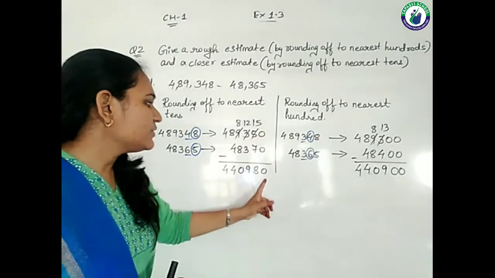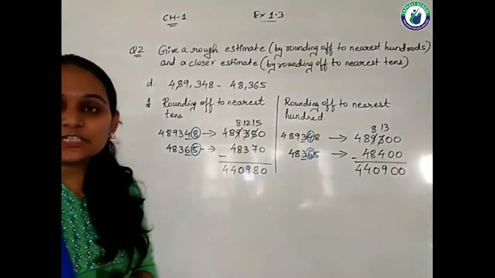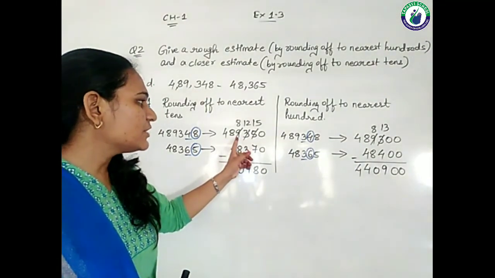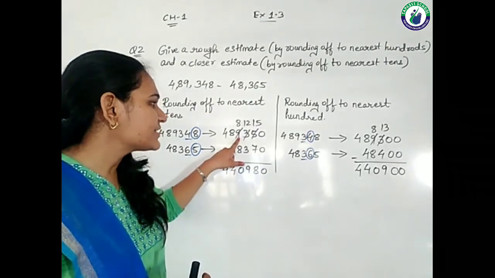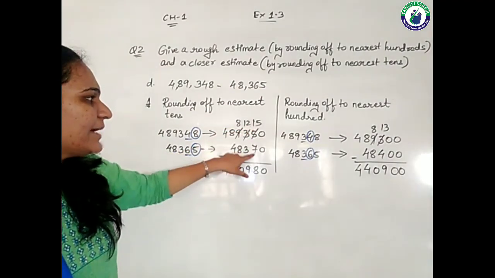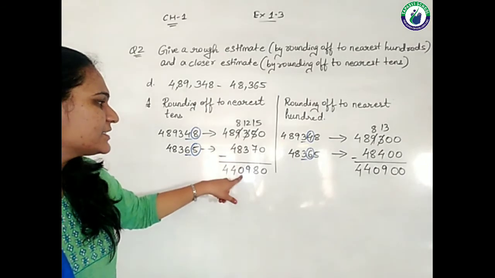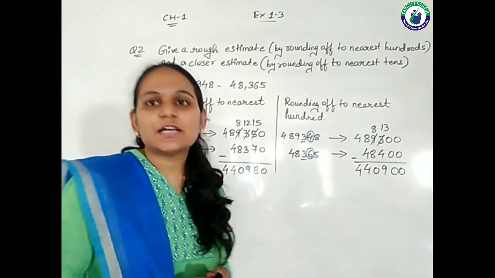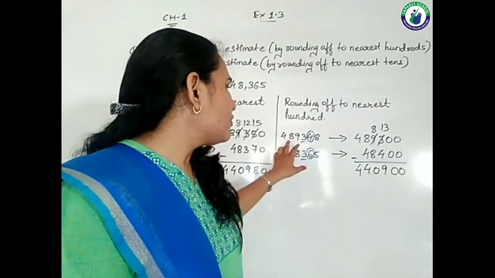After that we'll do the subtraction, students. 0 minus 0 is 0, 5 minus 7 is not possible. 3 minus 3 is possible, but it also needs to take help from this. So the actual subtraction process will start from here, the borrowings will start from here. So 8, then 12 and 15. 15 minus 7 is 8, 12 minus 3 is 9, 8 minus 8 is 0, 8 minus 4 is 4.